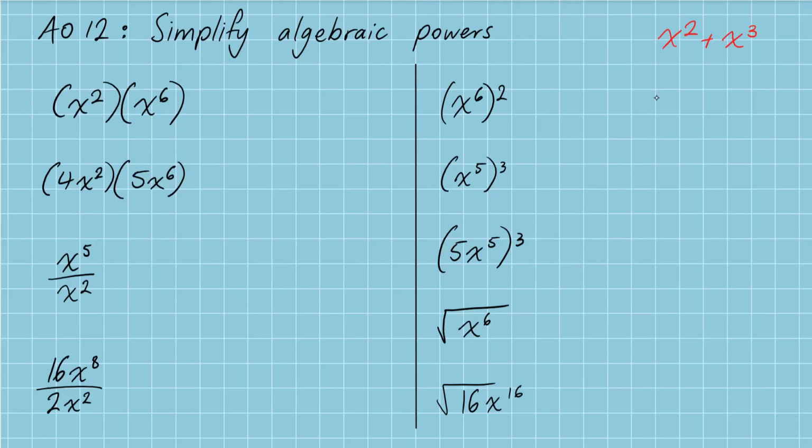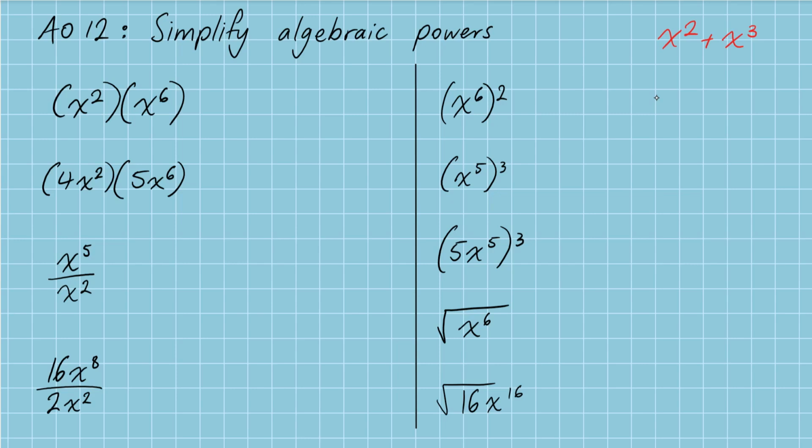Hey guys, this is AO12, simplifying algebraic powers. This is actually the last AO we need to look at, but it's one of the more complex ones, so this is going to take a little while, so bear with me. Now, just before we jump into this AO, I do want to clarify something really